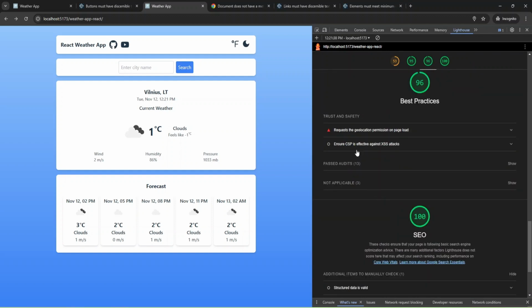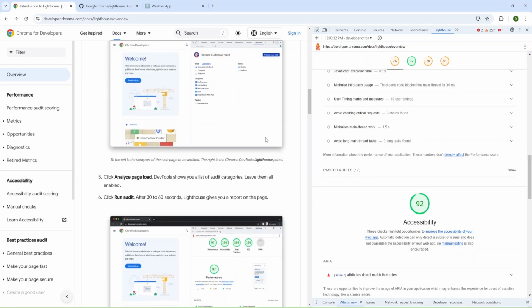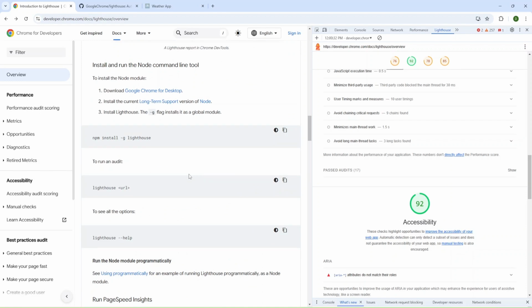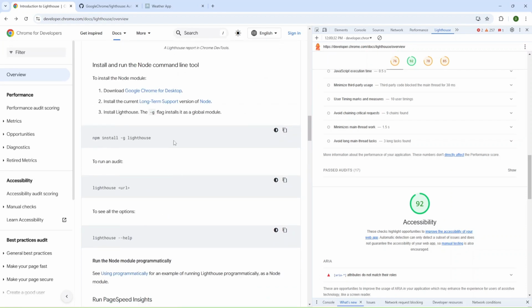I have some errors about best practices around geolocation, but I'm using geolocation in my application, and I cannot remove it. One more thing I want to show you is that you can also install a CLI for Lighthouse,